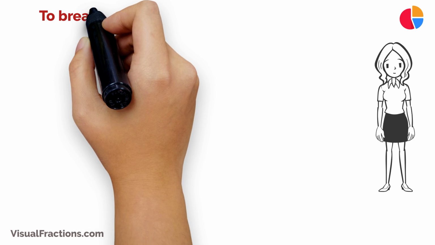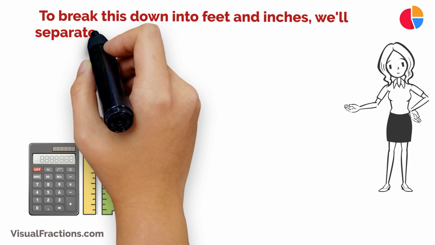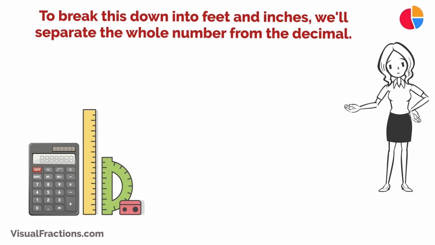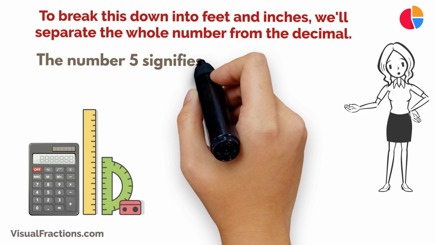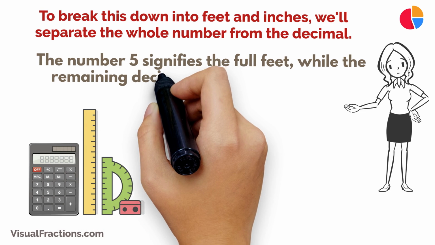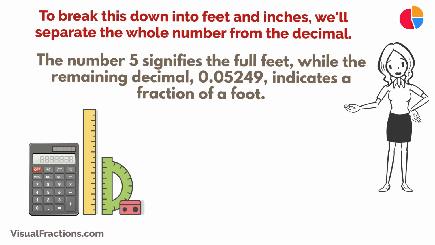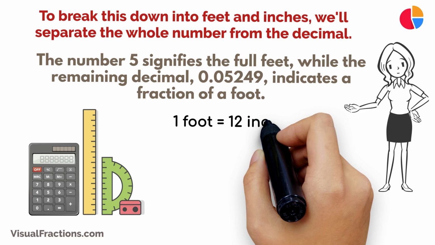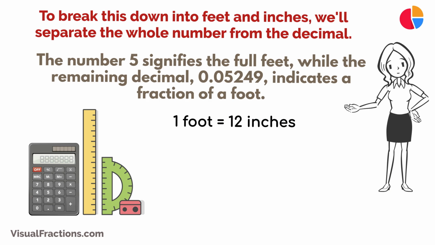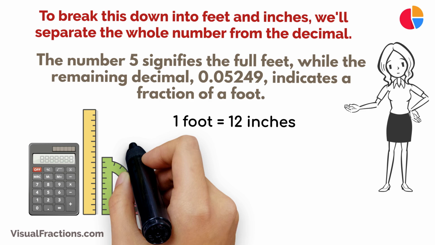5.05249 feet. To break this down into feet and inches, we'll separate the whole number from the decimal. The number 5 signifies the full feet, while the remaining decimal, 0.05249, indicates a fraction of a foot. Since 1 foot contains 12 inches, we'll convert the fractional part into inches by multiplying it by 12. Thus,